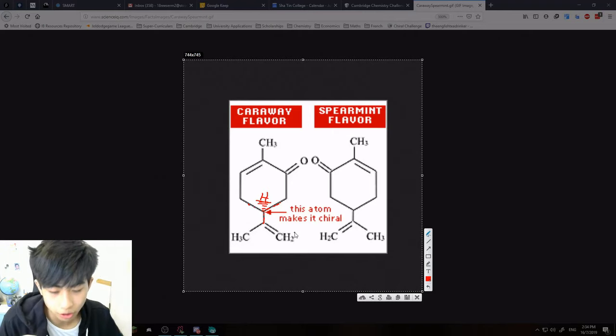Another thing about chiral molecules is that they're often very different to our bodily senses, as in receptors in our nose, smell, flavor, or the cones and rods in our eyes respond differently to the same enantiomers of the same chiral. Now, how do we actually define what type of chiral it is? If we take the